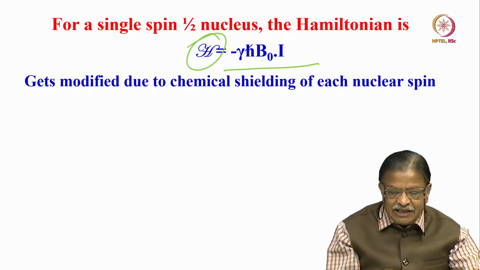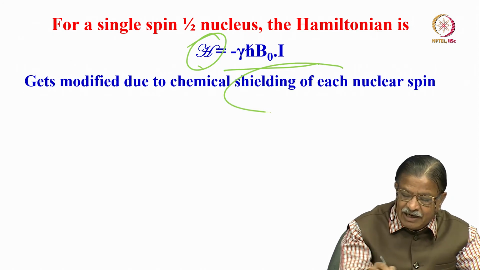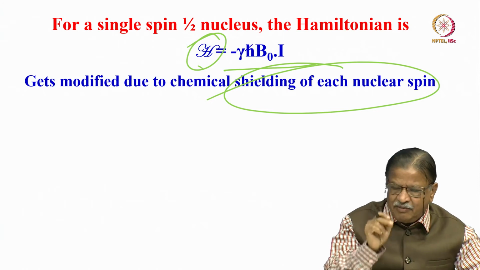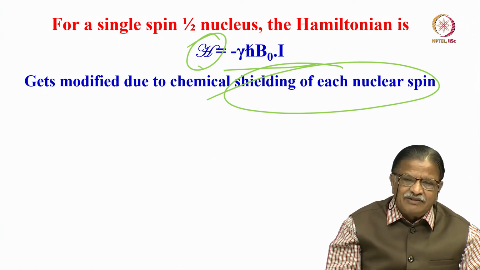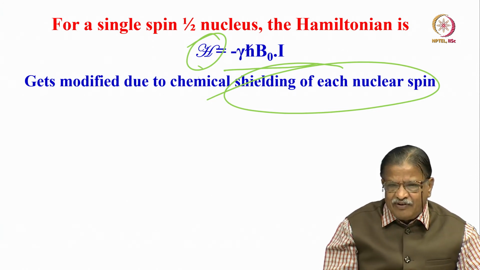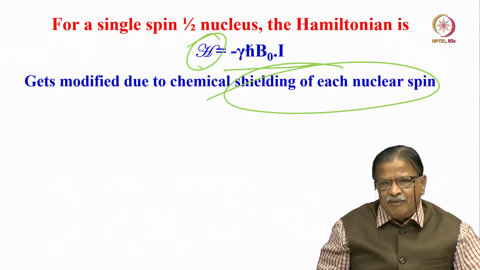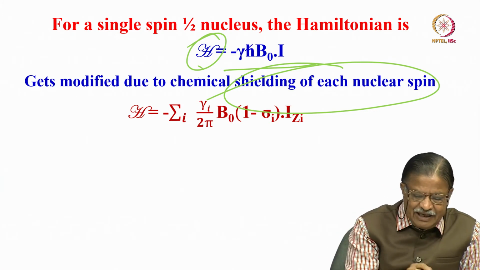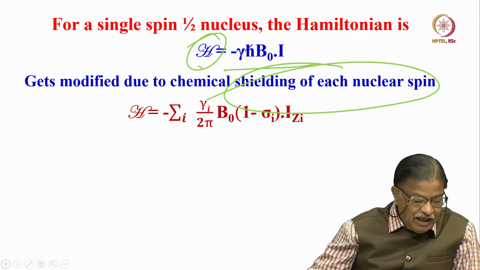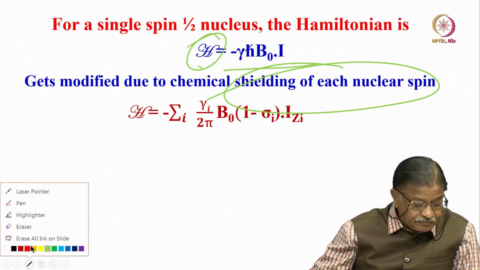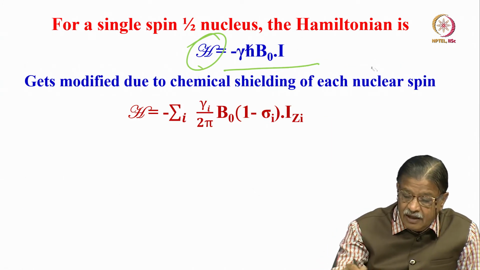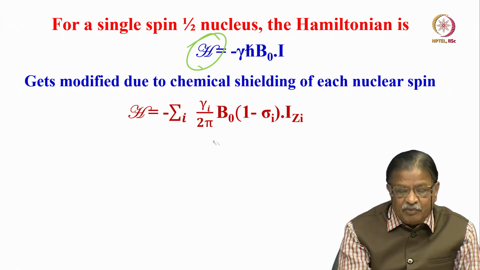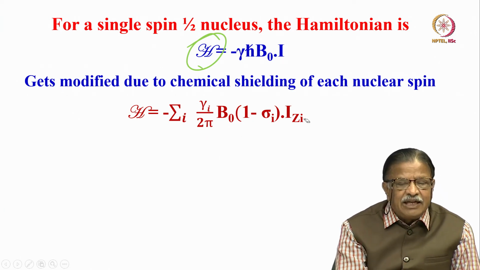So, this one gets modified because of the chemical shielding of the nuclear spin. I told you the Zeeman interaction is there, and then because of the internal interaction, the shielding effect will be there, and this Hamiltonian gets modified now. How does it get modified? It is like this. So, if I consider this one, I write it like this: gamma I over 2 pi into B naught into I Z I, that we know,